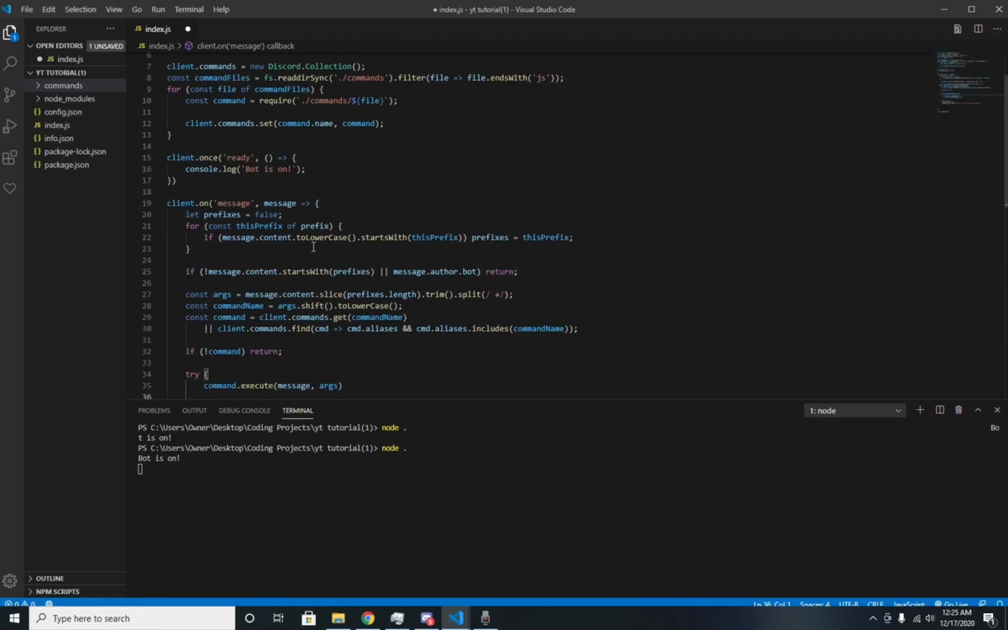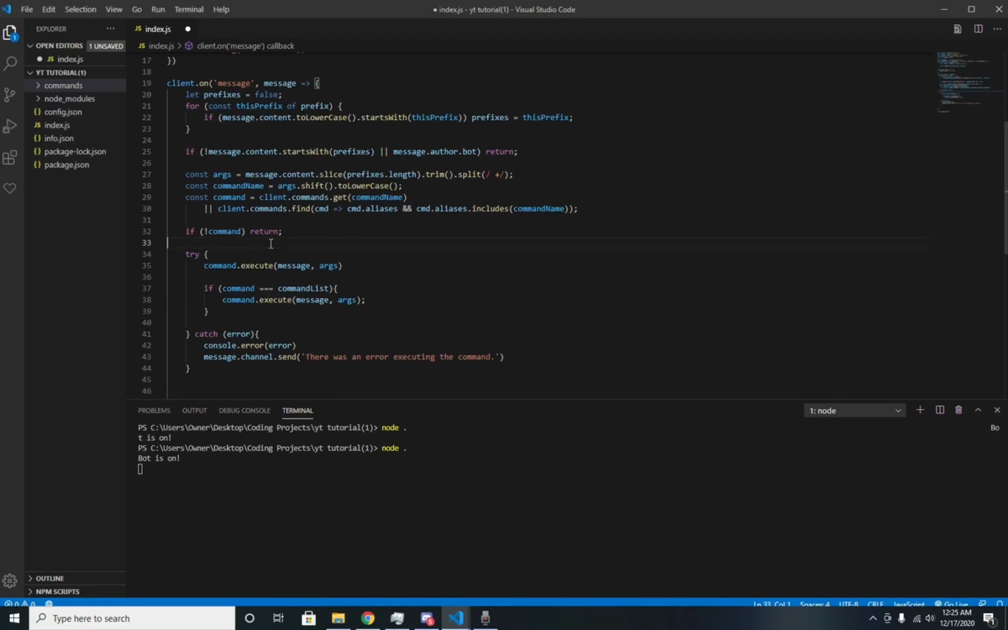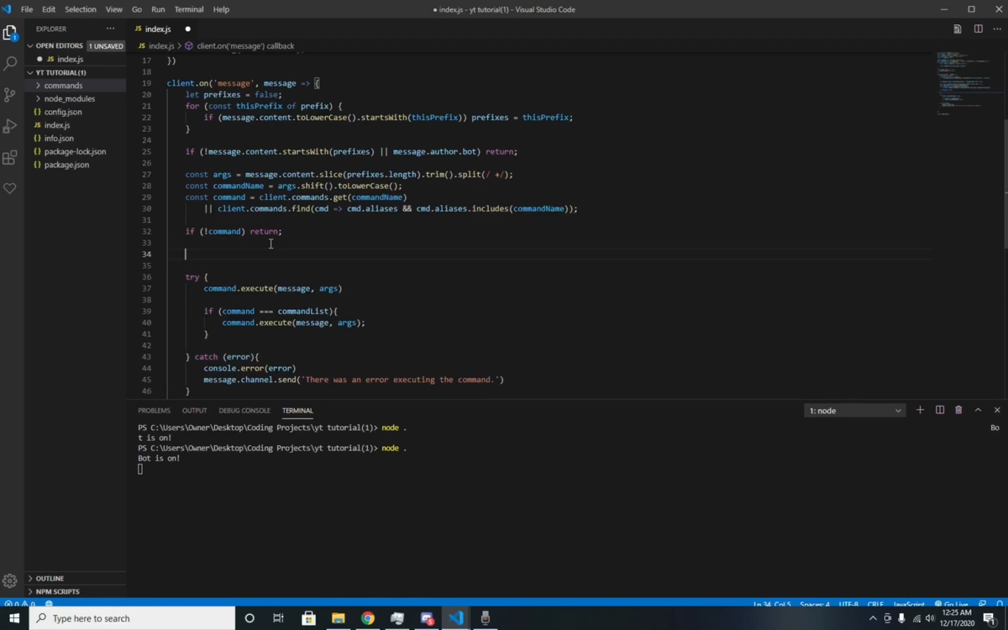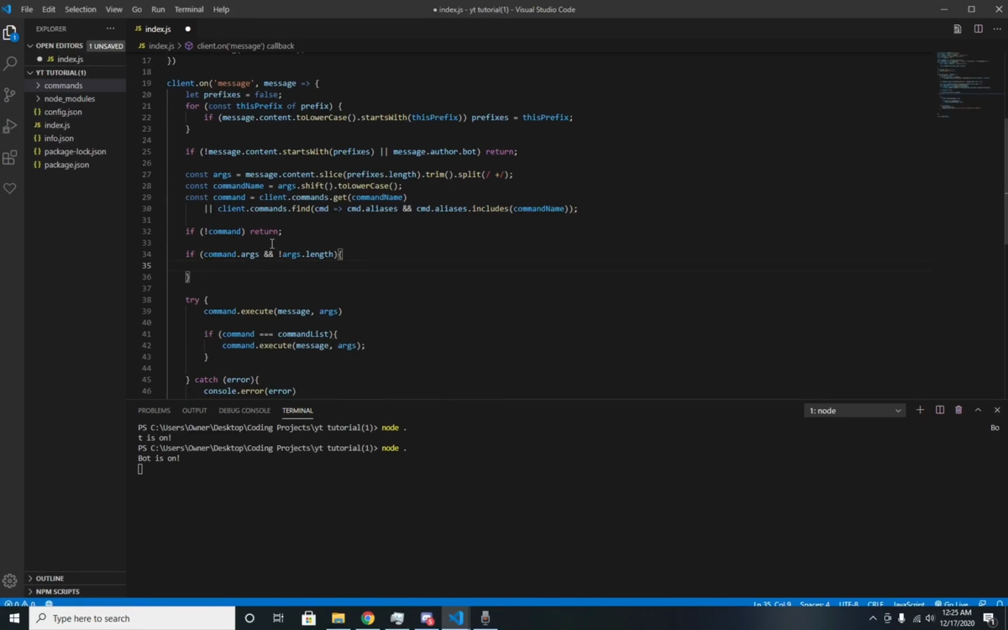But the first thing we are going to do for this setting is we're going to come down below this if command, and we are going to make another if statement. So if command.args, and then we're going to use our and operator, and then there's not a length. So if there are args but there is not an args length, so basically if there is not args, we are going to message